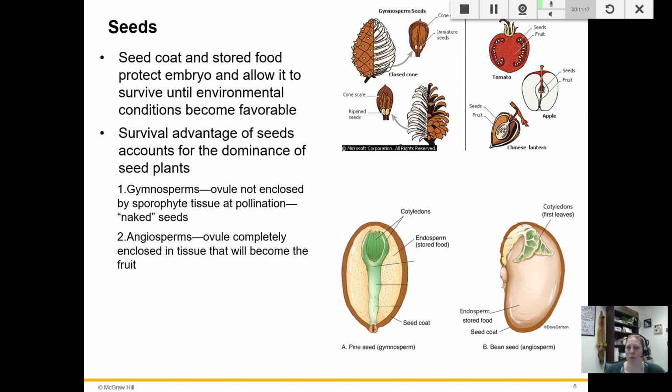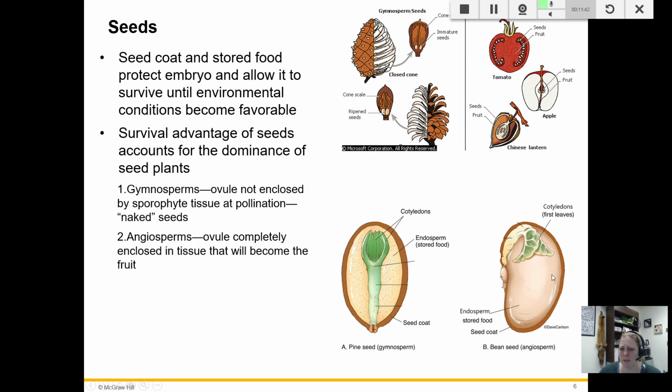Angiosperms have the fruit and the berries and the things that we eat. And that's going to be a tissue that surrounds the seed completely. And that tissue may attract seed dispersers who eat the plant and the seeds and then poop that out somewhere else, so very common in our birds. Or it may provide food for that growing embryo, whatever it may be.